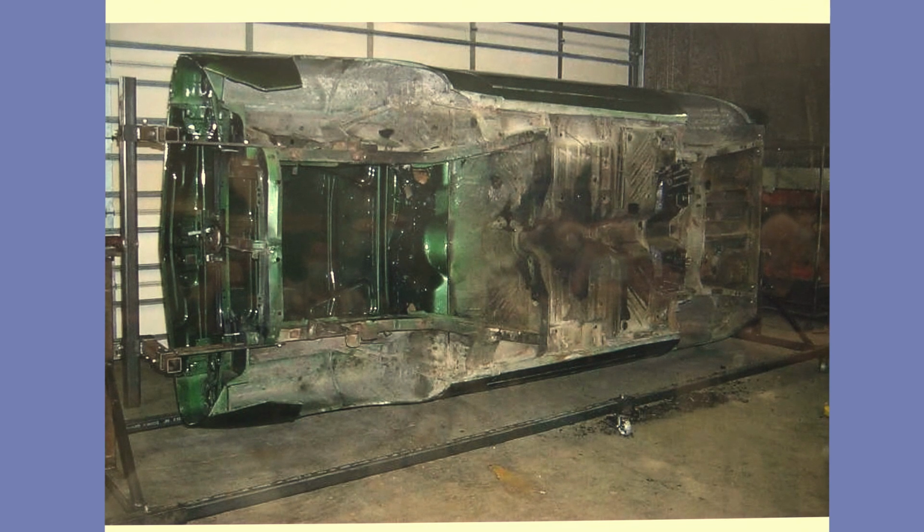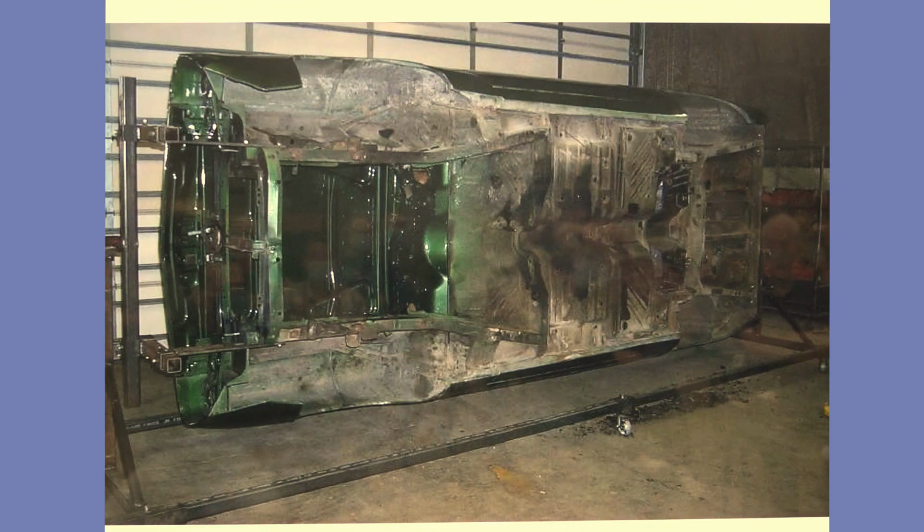And this is the car on the rotisserie. Were those headers factory? No, those were tube headers that somebody had put on that car before I got it. The car has been around. I mean, it's been all over the country. It's been to Arizona. It's mostly been in Kansas and Texas, but it's been around. This is on the rotisserie, flipped up on the side, getting all the crap off the bottom of it,